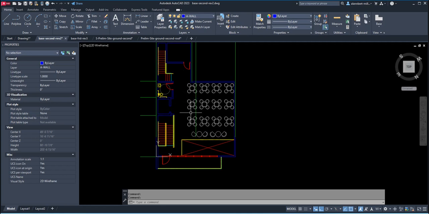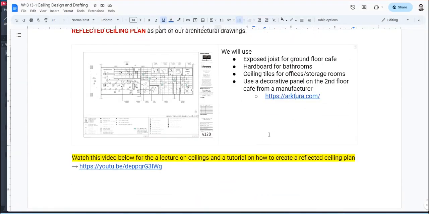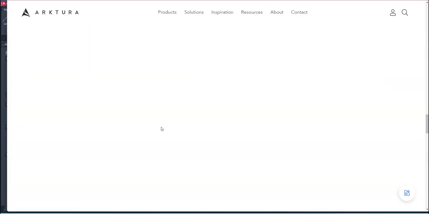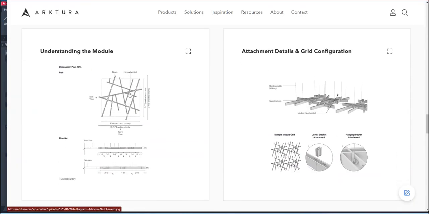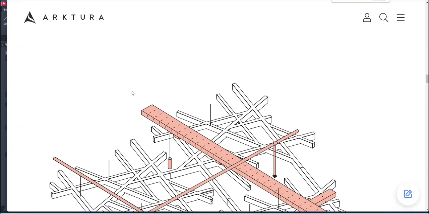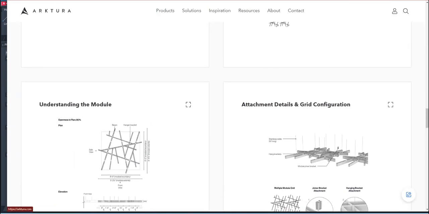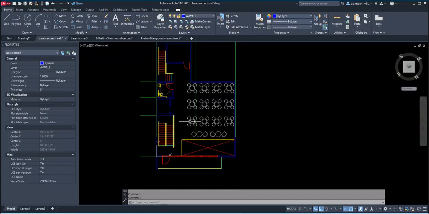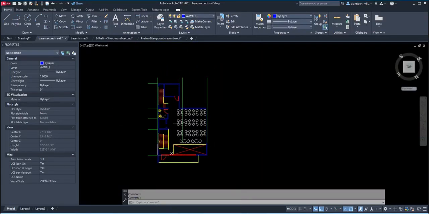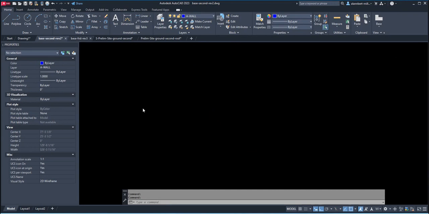We are going to have an exposed ceiling, and then we're going to have an artistic ceiling like the Arctura here, right? So we're going to do an Arctura. But we're going to do this design after you've done it. So in the meantime, finish first the reflected ceiling on the second floor, exposed ceiling just like we did here,